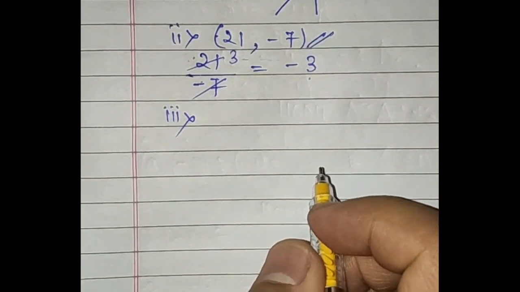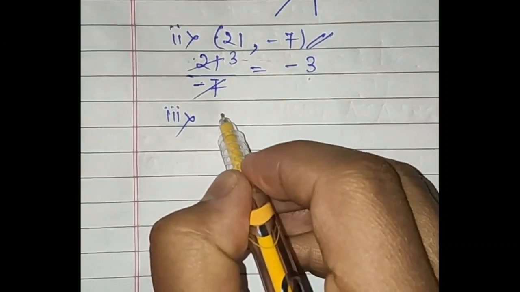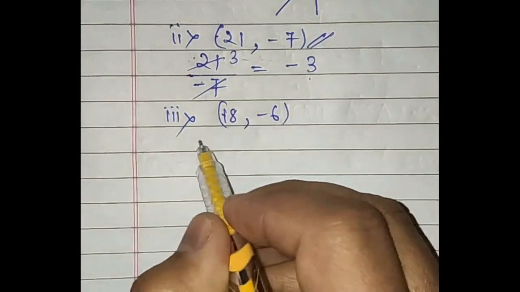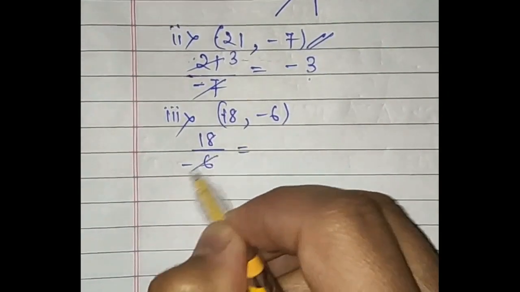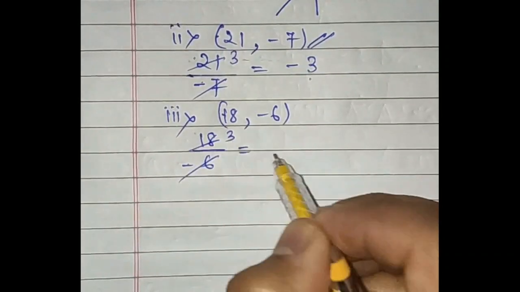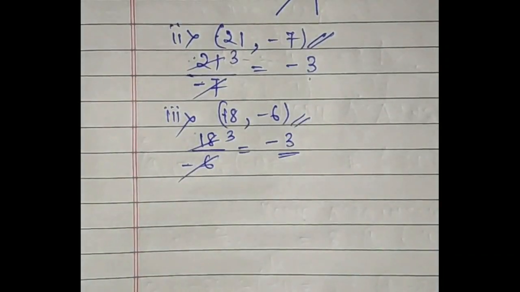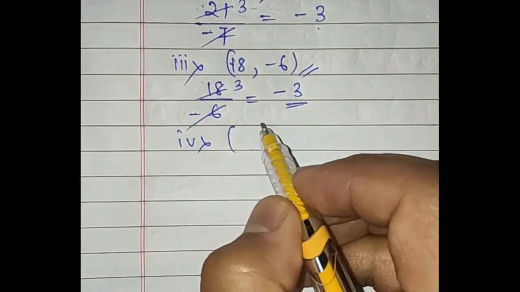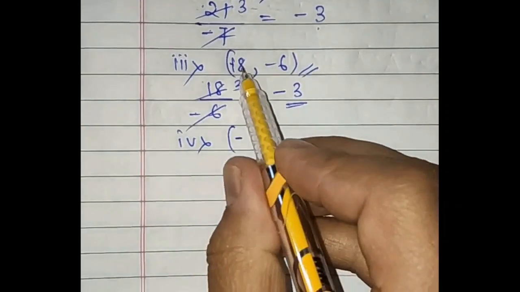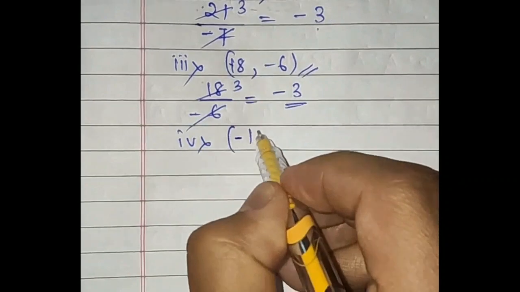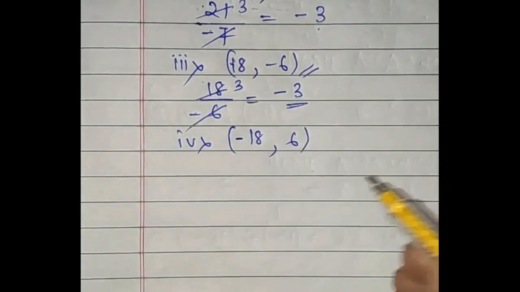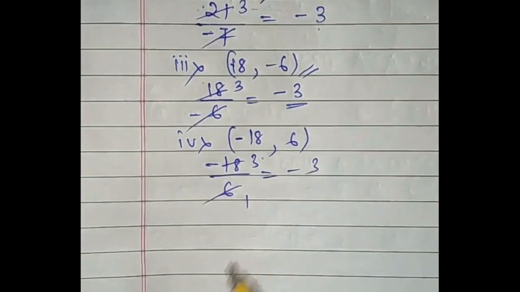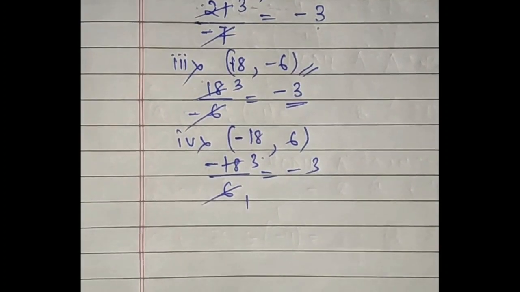So let us consider another number, that is 18 comma -6, because 6 3s are 18. The minus will go with this integer, so -3. This is also another pair. Then the next pair, we can change the sign: we can write -18 and 6. Why not? -18 divided by 6 is also -3, no? 6 3s are 18, and -3 is there. Why can't we write this? We can do that. We can find the alternate way also.